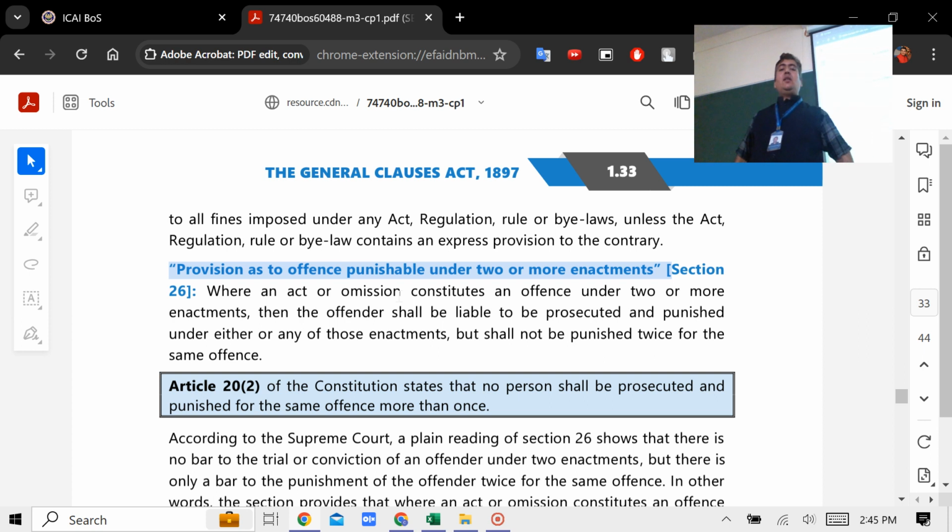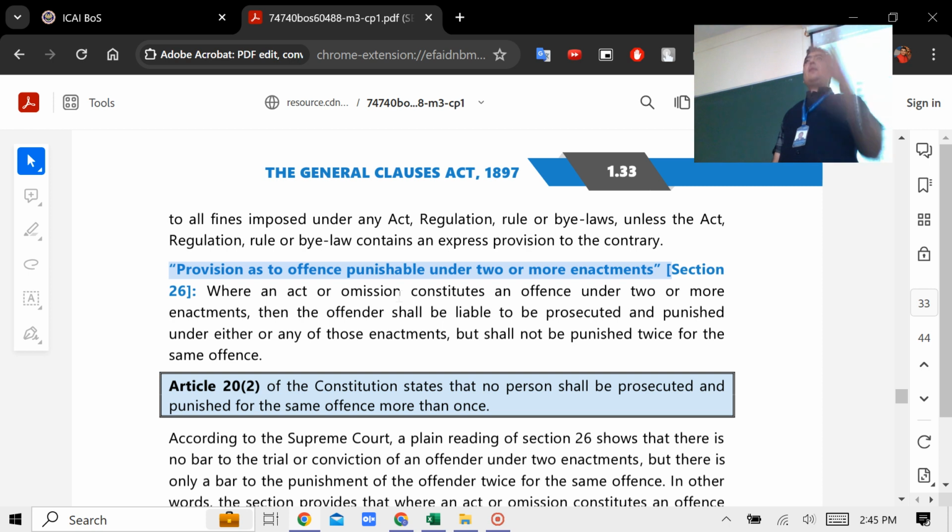And that is why it is written that if the offences are punishable under two or more enactments, then he can't be punished twice or thrice, he can be punished only once. The court will decide whatever maximum it can go for, but you are not allowed to be punished twice